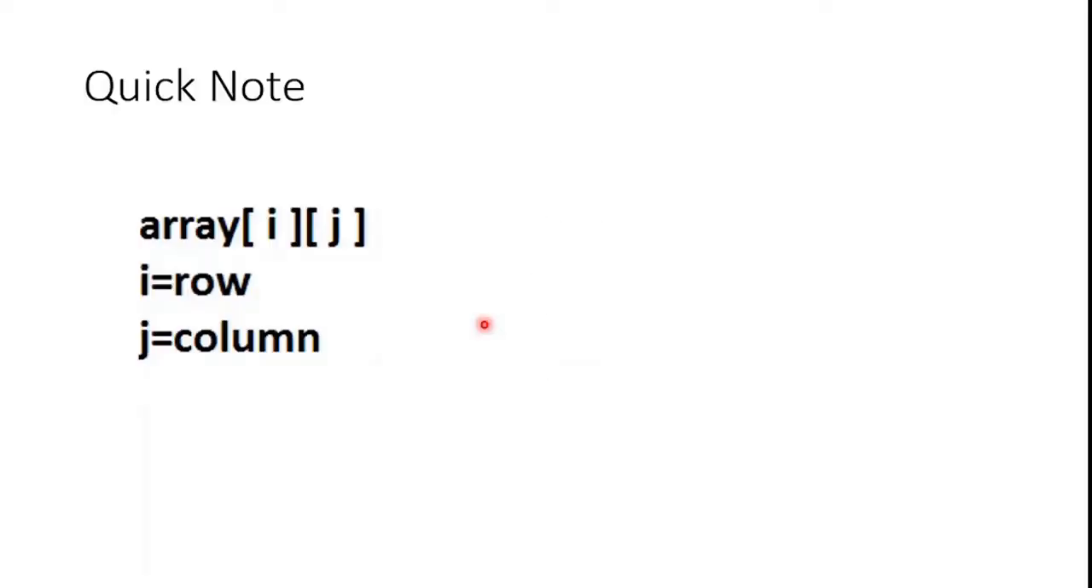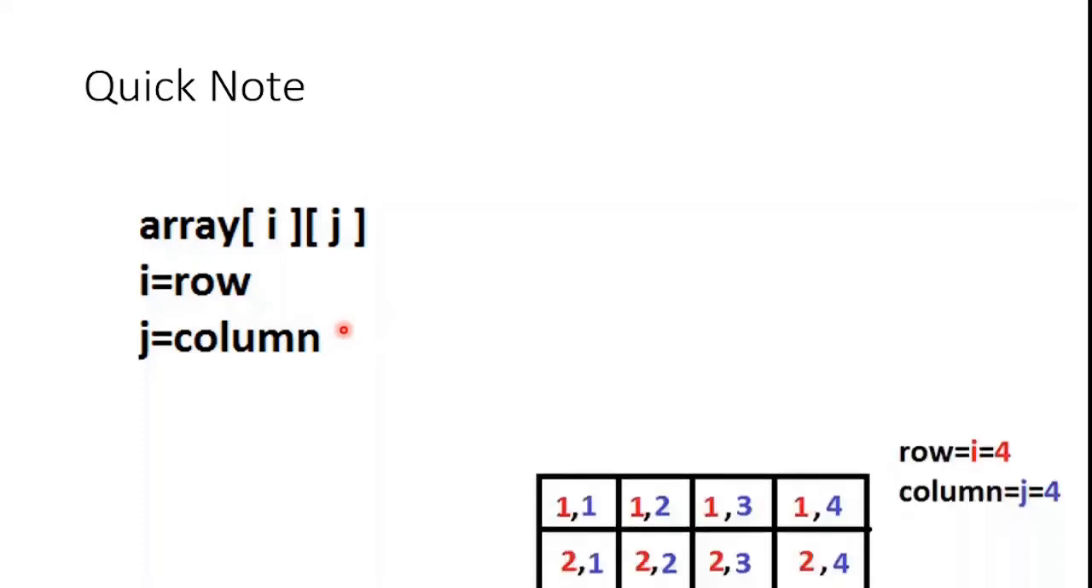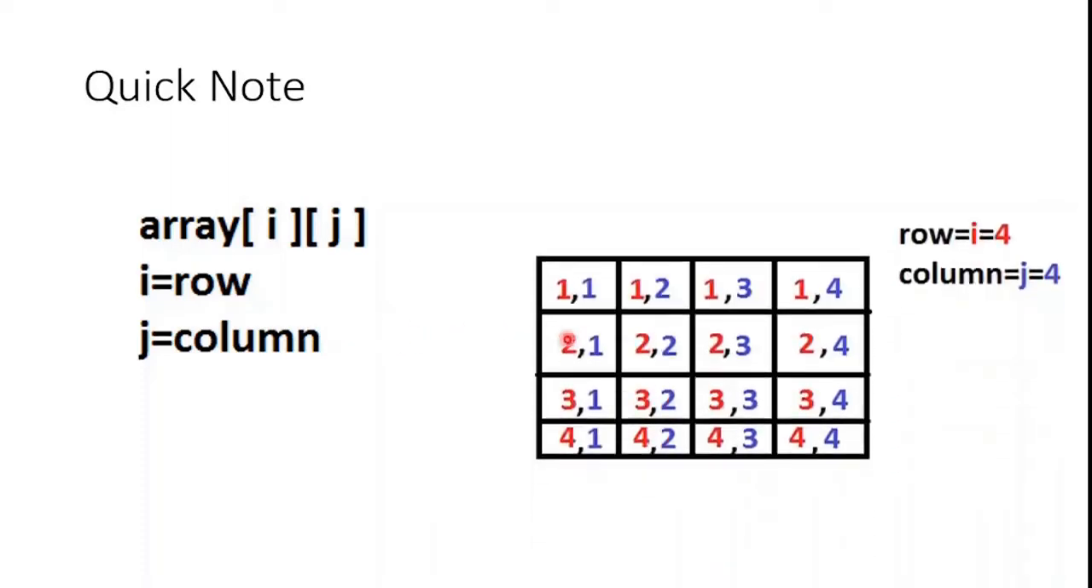Okay, so let's take a quick note that the 2D array is basically the row and column. When we are defining a two-dimensional array, we are actually assigning the rows and columns. Just like a regular table, we know that each cell of a table is recognized by its rows and